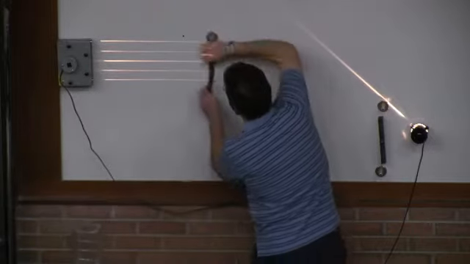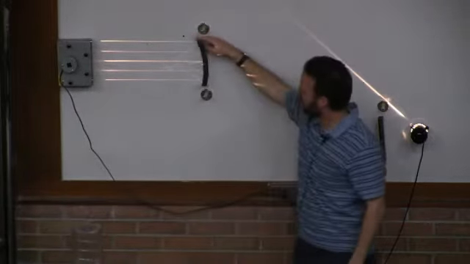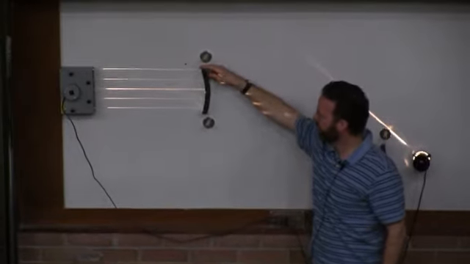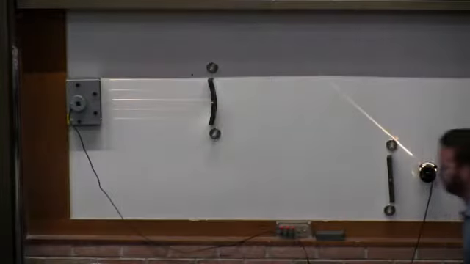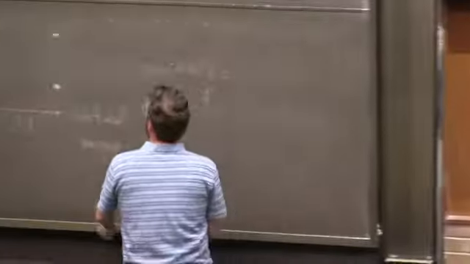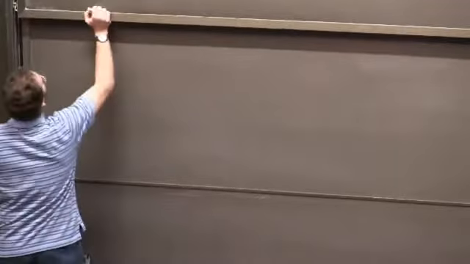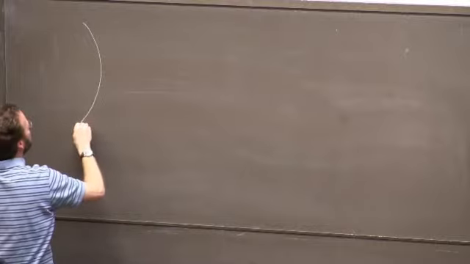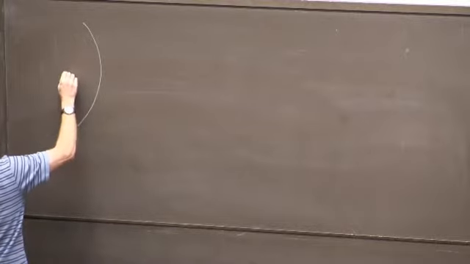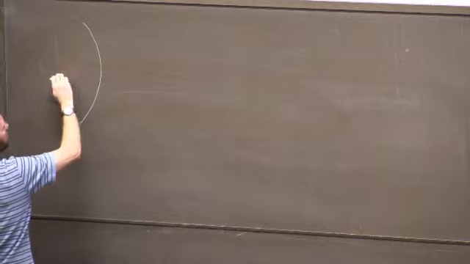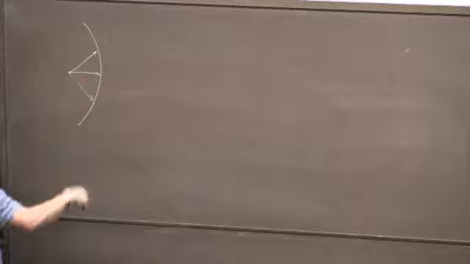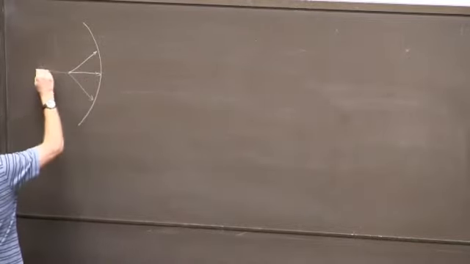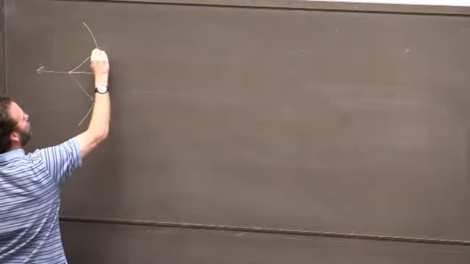Here's a curved mirror. Can you see how they reflect back? But you play the same game. If you have a mirror like this, and you're standing on this side, the light rays spread out from that point, hit the mirror, this one bounces back on itself, you draw your normal,